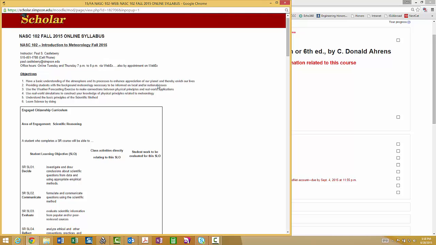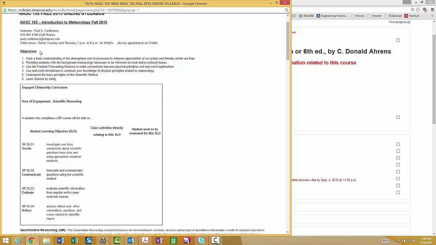Now, as we continue to look through the syllabus, I have 6 objectives for this course. Basically, I want you to have a basic understanding of the atmosphere and things that occur in the atmosphere and how those things can influence our planet and our lives as well. I want to also provide you with a background in weather to be able to make informed decisions on local and national issues.